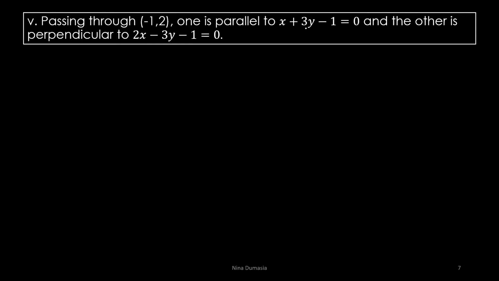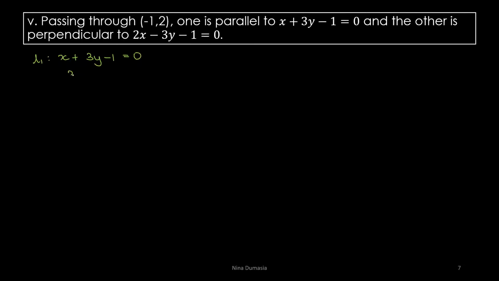First of all, we will find out the slope of this line and then we will find out the slope of the other line as well. The slope of the first line will be the same, and the slope of the second line will be the negative reciprocal. So let L1 be x plus 3y minus 1 is equal to 0, and let's quickly try to find out